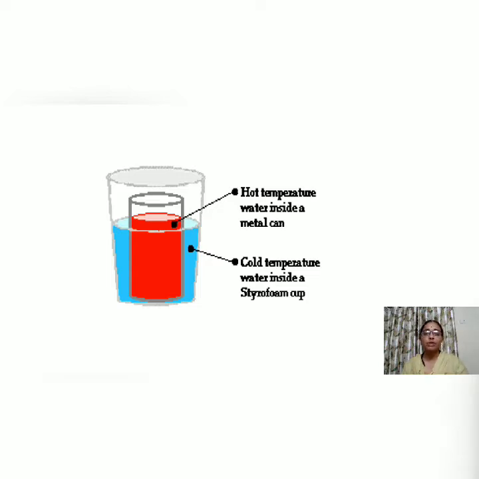So this experiment, you have seen, we did it, isn't it? From the hot water, the temperature, not water, will flow, but what will flow? The heat will flow, from the water to the metal container, and from the metal container into the cold water, and the cold water will gain the heat from the hot water. This heat will keep on transferring from the hot to the cold water till both the temperatures become equal.